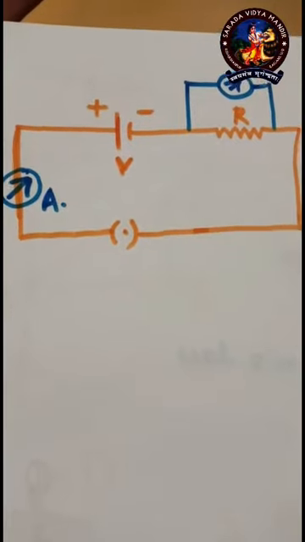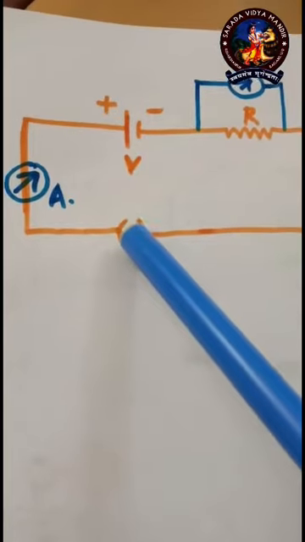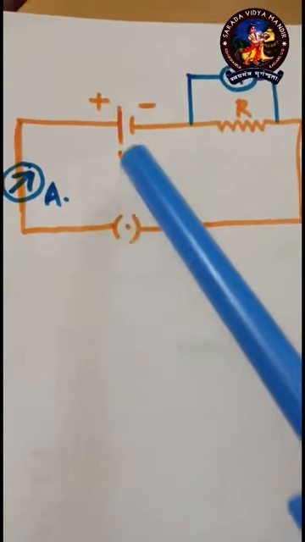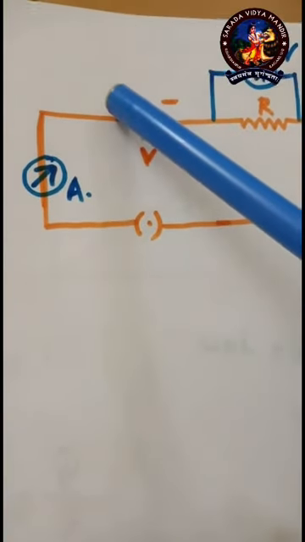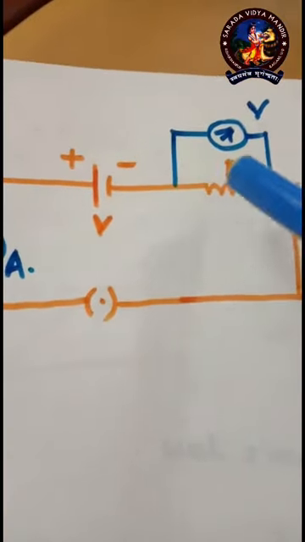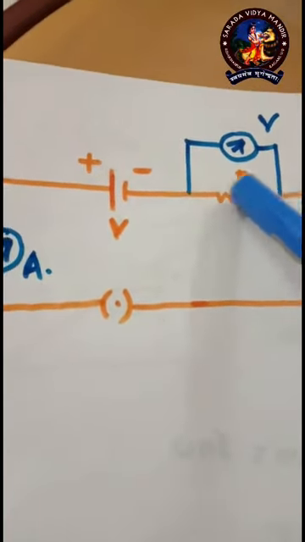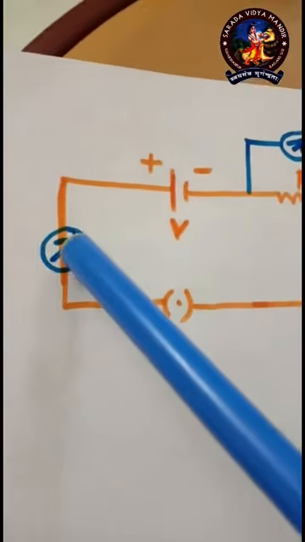This is the basic format of a circuit. This is one key, that is, a switch. We can make the circuit on or off by this. This is one battery, and there are two lines to represent the battery. The longer one represents positive and the shorter one represents negative. And this is resistance. Suppose for our household working, I can put one bulb over here because that is also one resistance. And this is the ammeter.